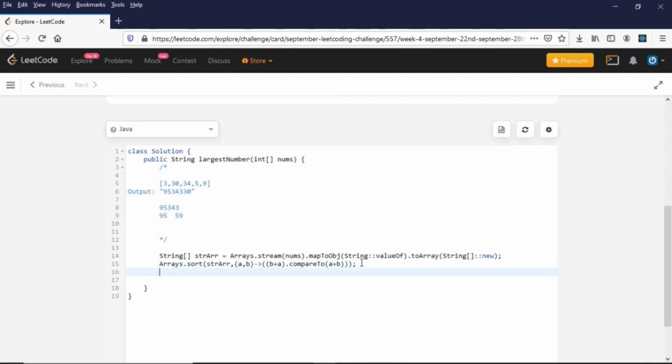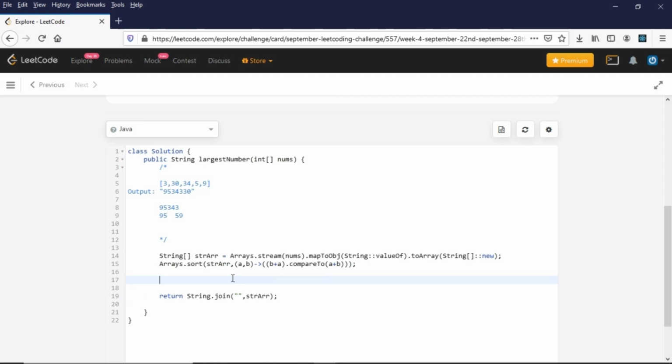So once that array is sorted in descending order, I can simply join that string array and return that string. Okay. So I can do a return of String.join. I don't want to use any delimiter here, so I will just use a double quote, and the string array.